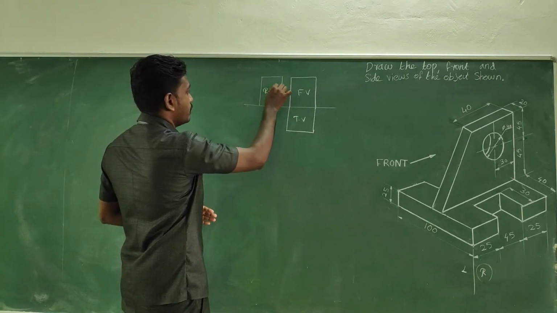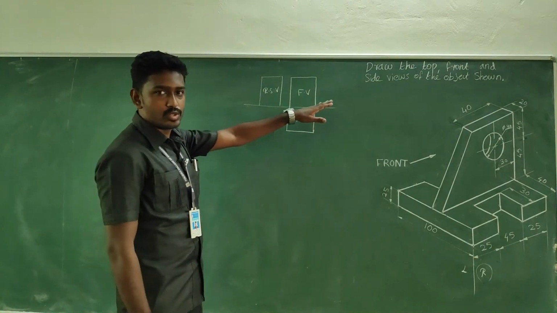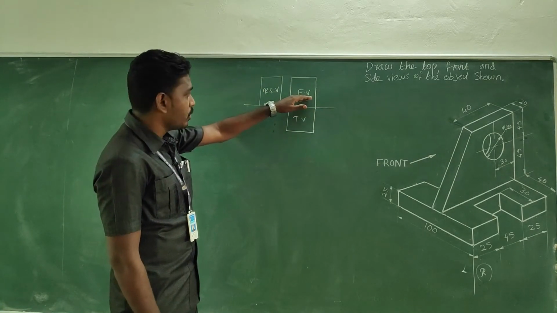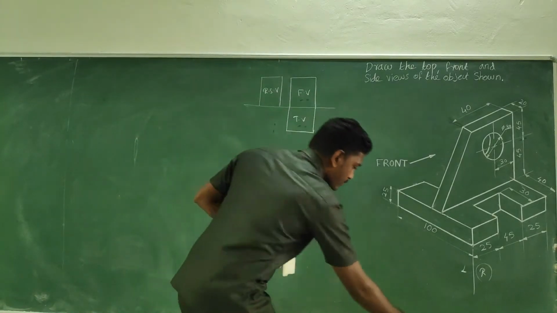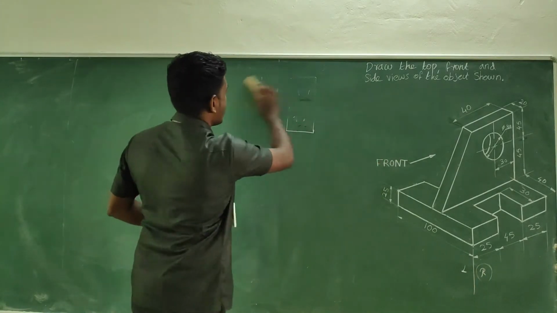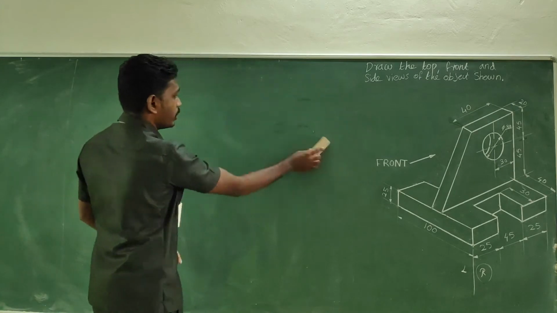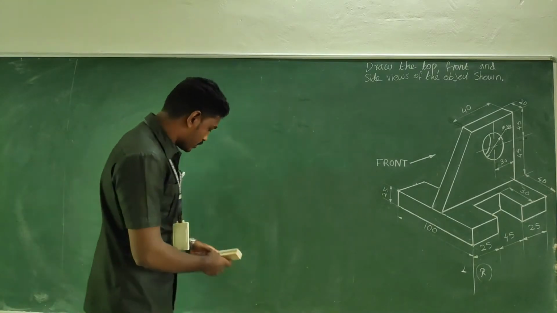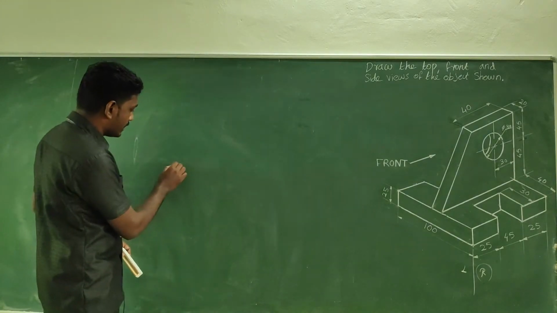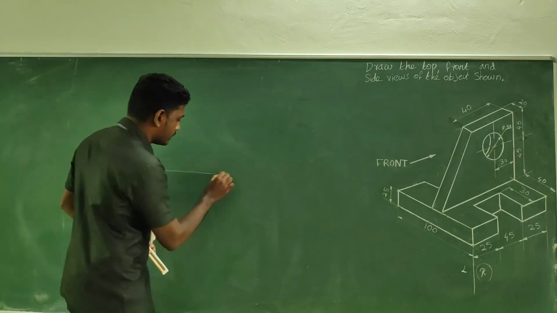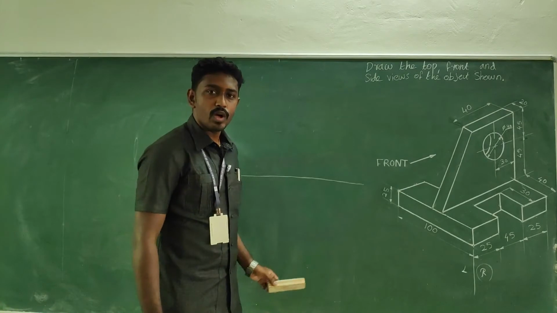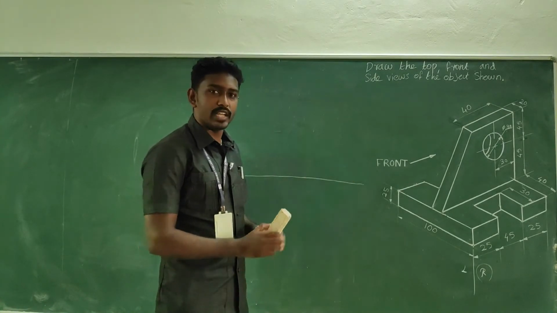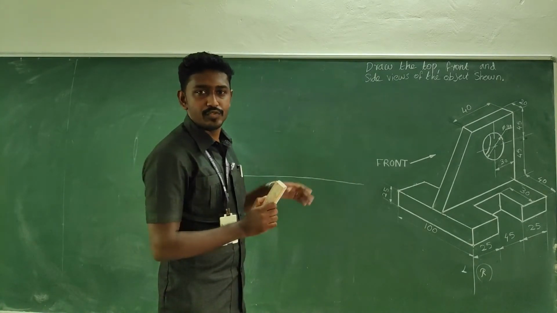Right side view. So here in this diagram, we are going to draw the front view, top view, and the right side view. First, begin with a very good horizontal line. Just draw like this. And we want to construct, at the beginning stage, very good boundaries for each view.